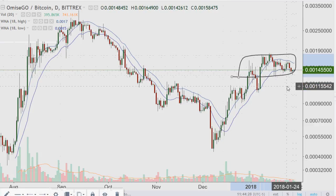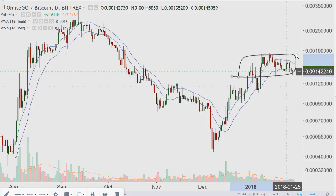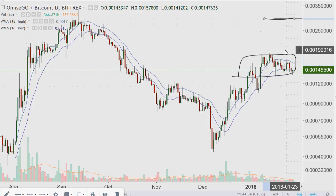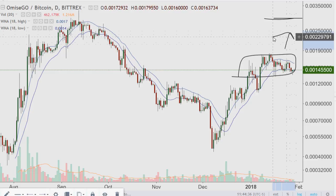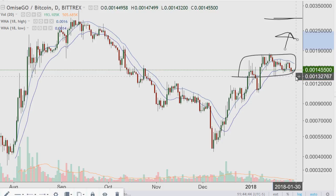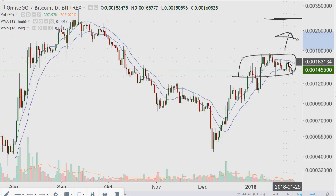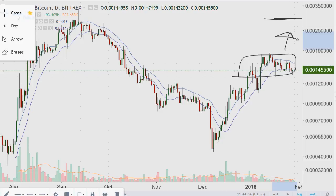But I realize that in a situation of building up a range of this magnitude, if I'm a seller, I don't know if I really want to be much of a seller until it comes to this previous high, because breaking above this resistance means that's probably where you're going to go next. How you act after that, well, who knows? But that's the next target. But if this level of support doesn't hold,